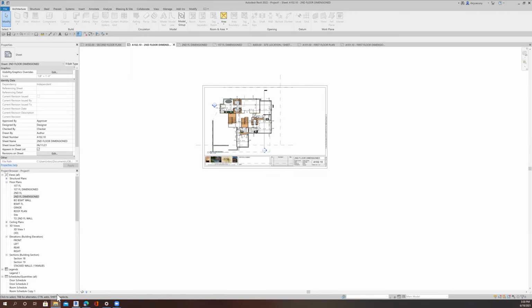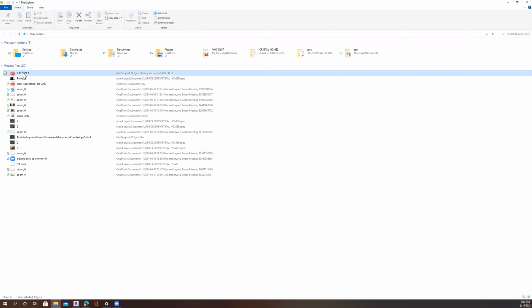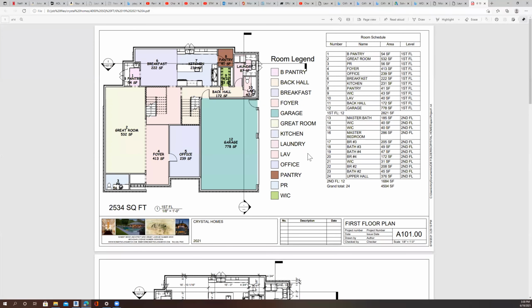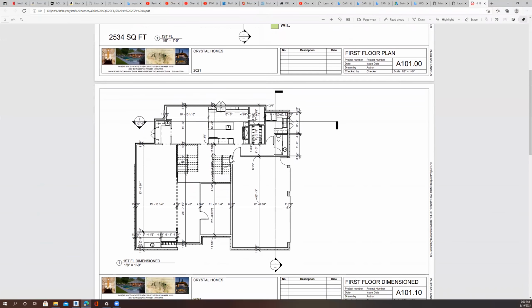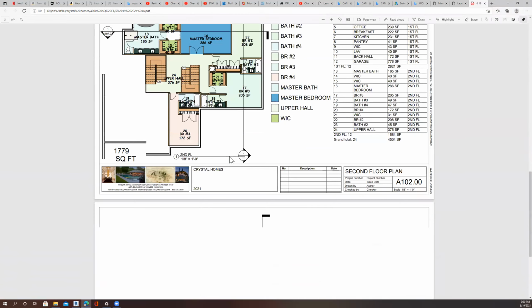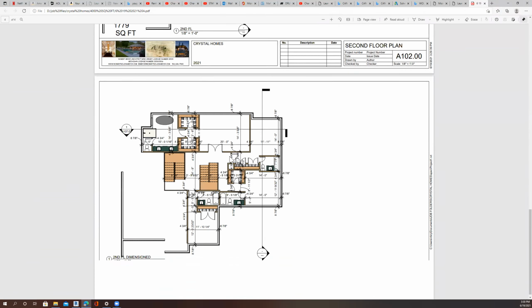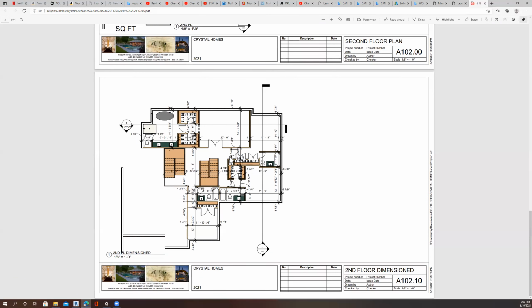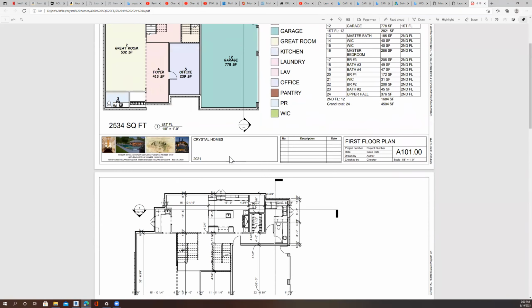All right, so now let's go take a look at it. As the PDF, that's what they're going to see. Doesn't look too bad. That doesn't look too bad. Doesn't look too bad. And that doesn't look too bad. So I might go back in and clean it up a little bit, but